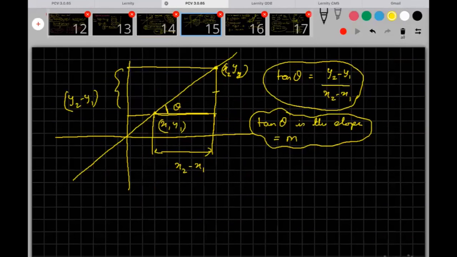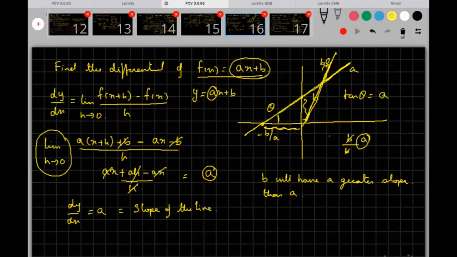So you are asking me, how do I know B will have a greater slope? If you sit on B, will you slide down faster? If you sit on A, will you slide fast? Obviously, if you sit on B, you will slide down fast, right? So that's how I know that B has a greater slope. Slope means which road is more slopey. How do you know? You sit on your cycle and allow the slope to take you down, and whichever one you reach down faster will have a greater slope. If from two different points you release water, wherever the water reaches down faster will have a greater slope. So the same thing.